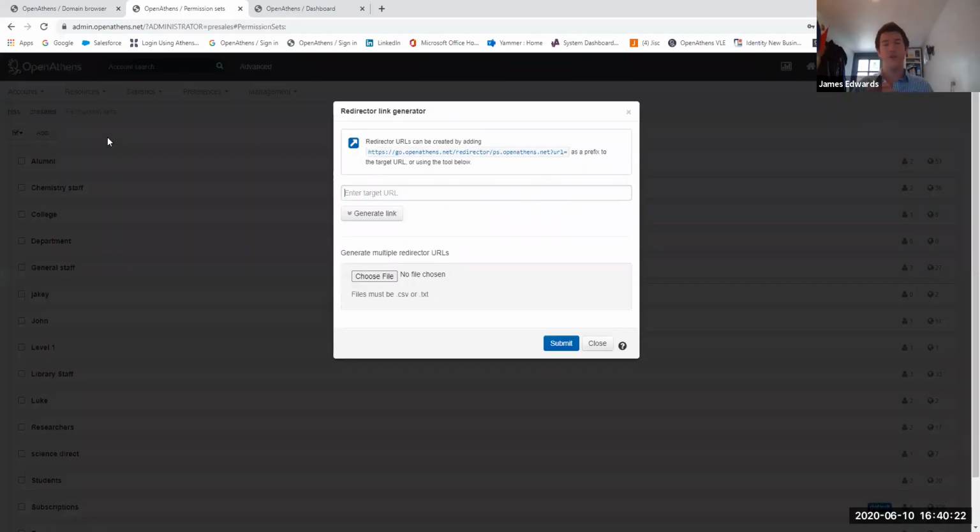Some of you might be used to using prefixes with proxy links and things like that. So again, with OpenAthens, as you saw when I went via Google to ScienceDirect, it doesn't automatically just kick in and authenticate. It has to be an OpenAthens link in order for that authentication piece to happen. We have a link generator, so it's really nice and simple to use. You basically enter the URL that you want to authenticate users to, and then you generate that link. So that is one of the setup processes that can take a bit of time, where you need to update the links on your pages.